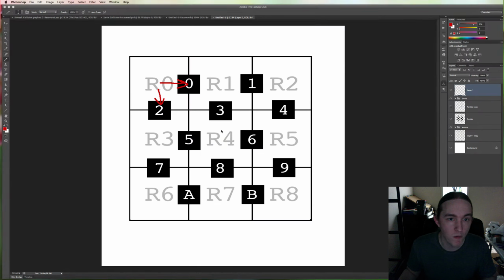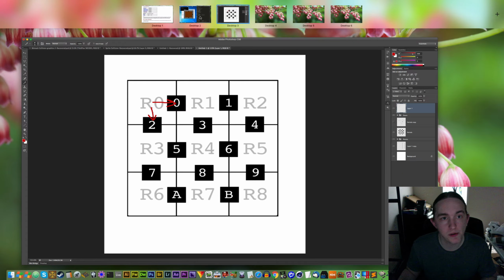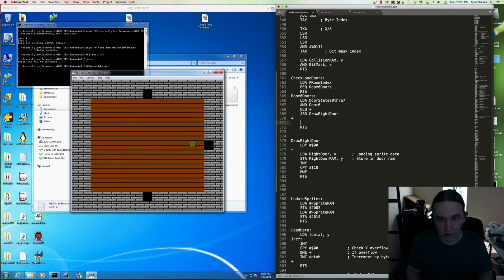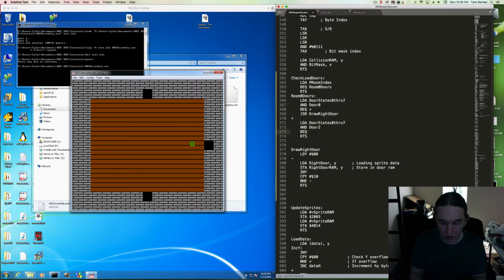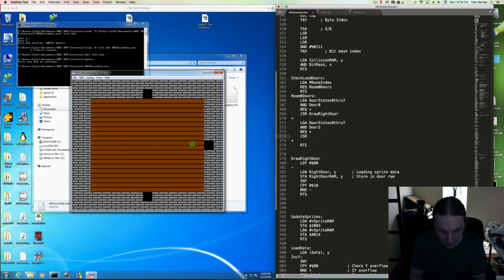We have the right door, but we did not draw this bottom door, and that is door number 2. So let's go here. We're going to load door states 0 through 7. We're going to AND with door 2. We're going to break if it is equal to the end of the subroutine down here. Otherwise, we're going to JSR draw